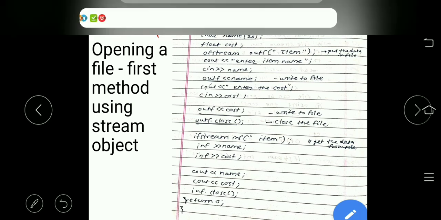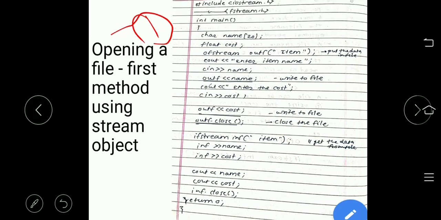Whenever we want to open a particular file, there are two ways to open the file. The first way is by using the stream object. Here ofstream outf, and in brackets the file name, is used to create the particular object, and we open the atom file.